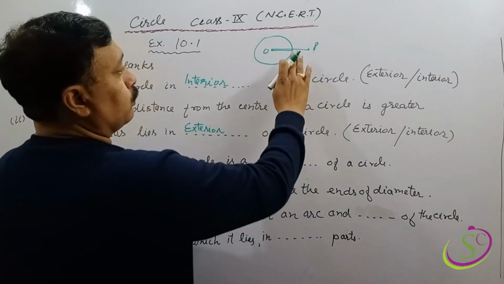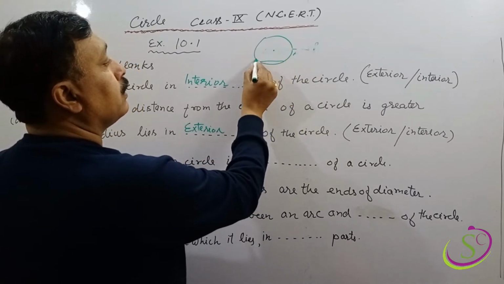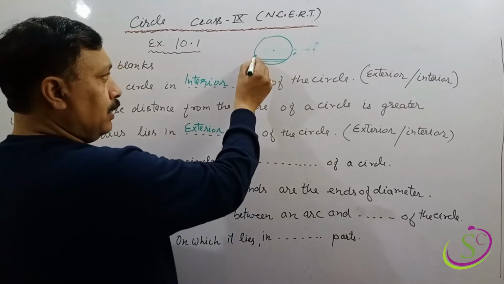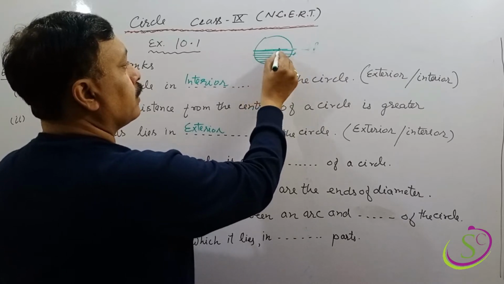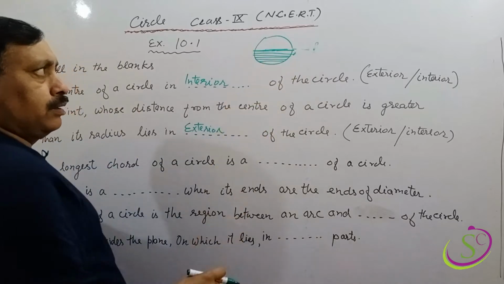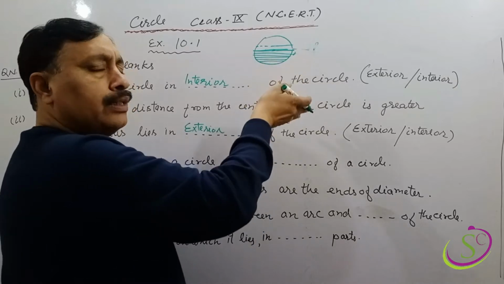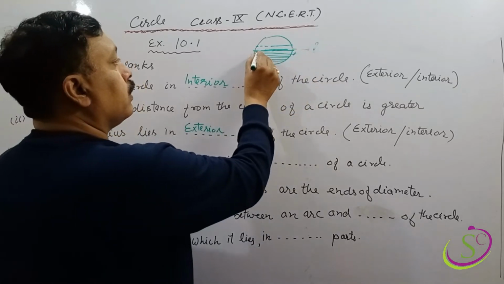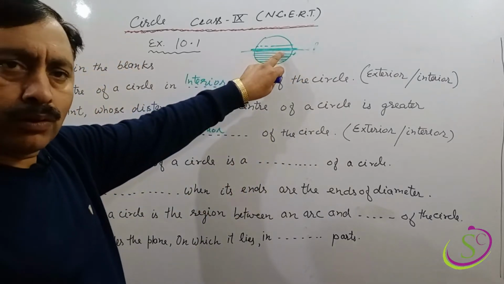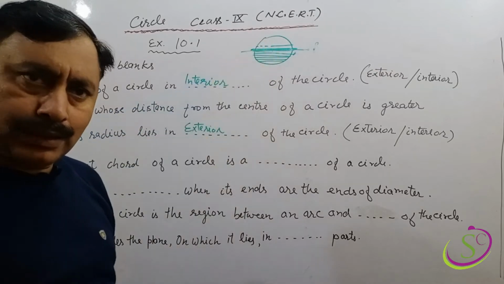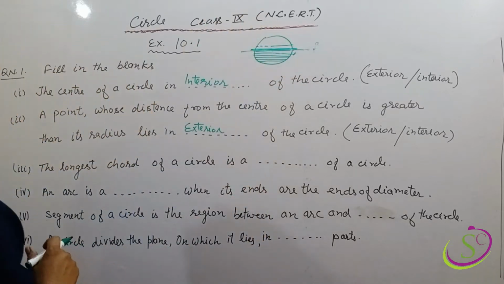The longest chord of a circle is A. See, now let us draw it. Longest chord, this is the center, one chord is this, other is this. Now gradually the length of the chord is increasing and one chord is this passing through the center, and when we move upward, the chord will again gradually decrease. So this chord is the largest chord. Clear? This chord is the largest chord, and the chord passing through the center is the diameter. So the largest chord of the circle is called diameter.